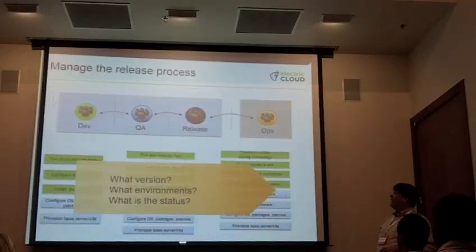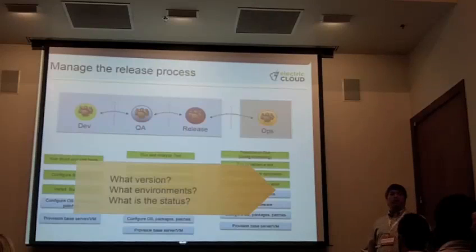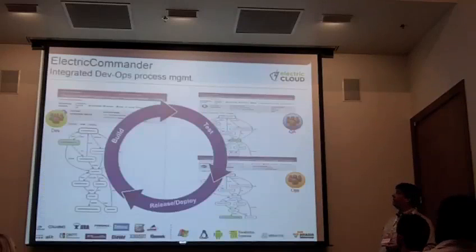That's part of the message we're trying to evangelize with our products in the DevOps space. So you need something that's going to manage this. What version is installed where? What environments are available to me? What's the status of this release? What's the status of this environment? What's installed in this environment? Can I use it for this kind of testing? Or is there enough capacity in my VM infrastructure to set up another test stack? And if not, what do I do about that? Do I scale things? Do I retire other things? You need something that's going to give you the dashboard for the overall thing.